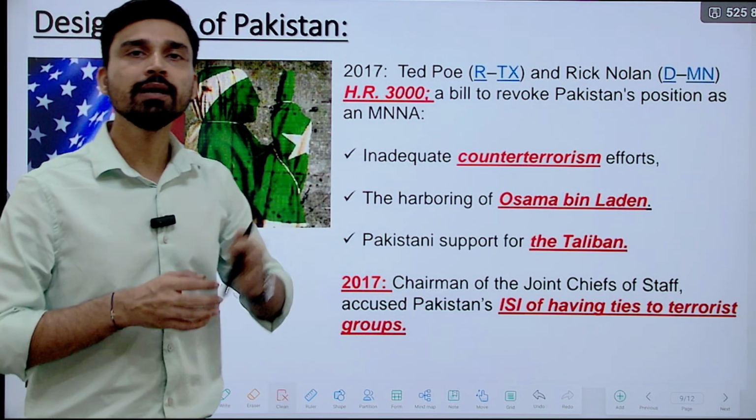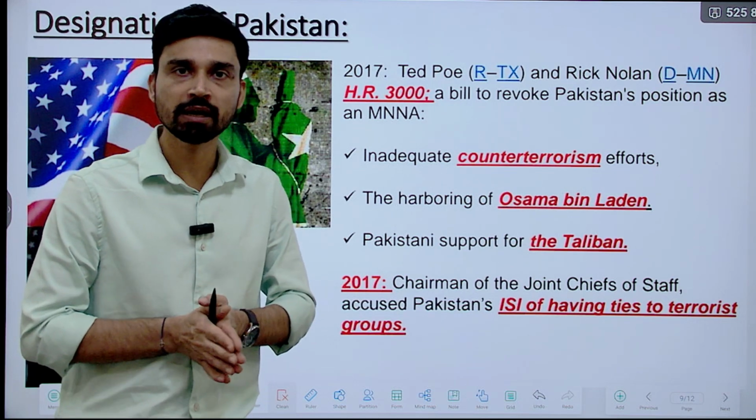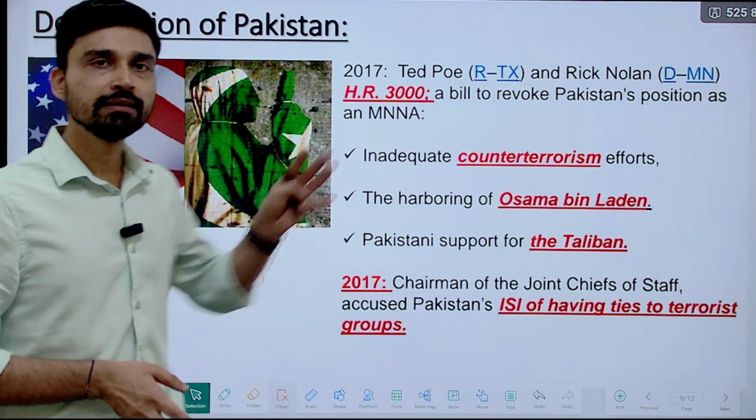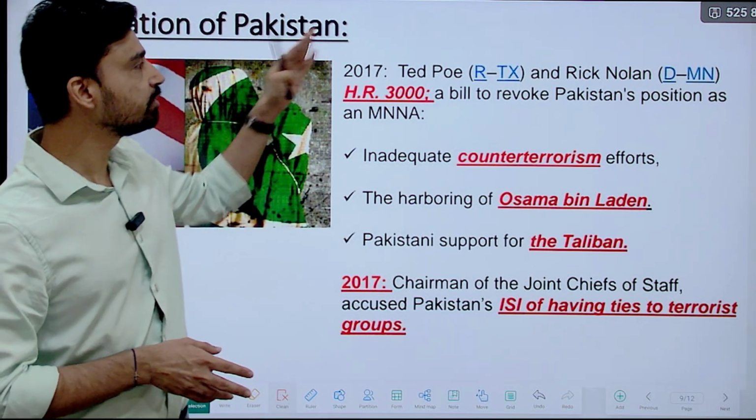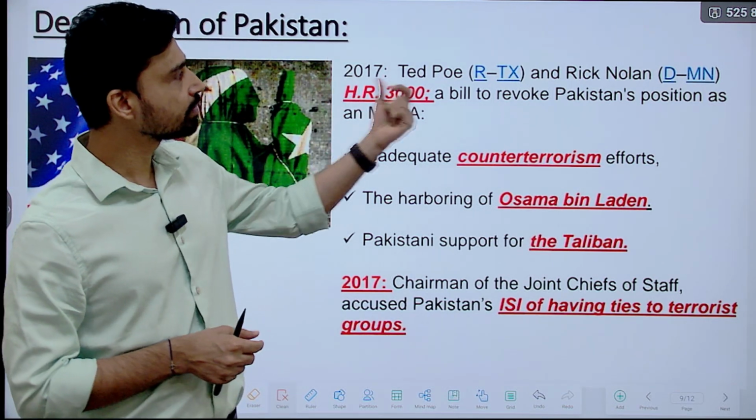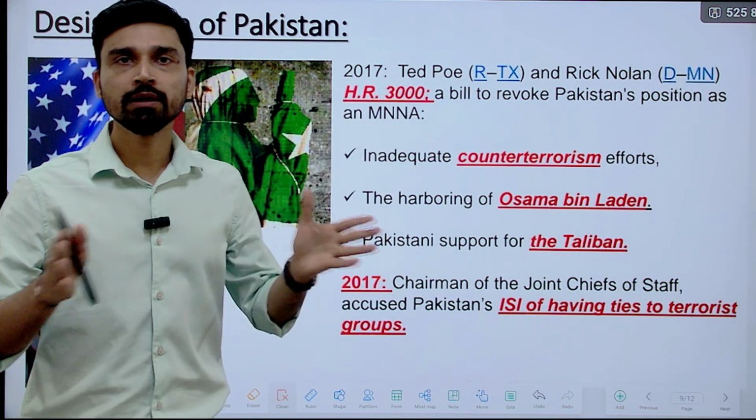So for that, they required the help and support of Pakistan. Because of the support that was provided, the US decided that it was time to designate Pakistan as an ally. However, in 2017, two other representatives, one Republican and the other Democrat, Ted Poe and Rick Nolan, introduced a resolution